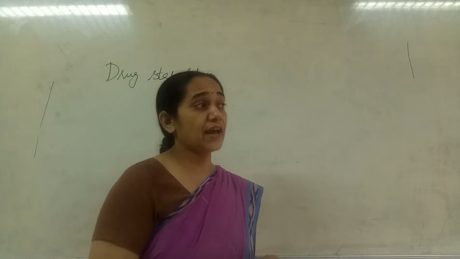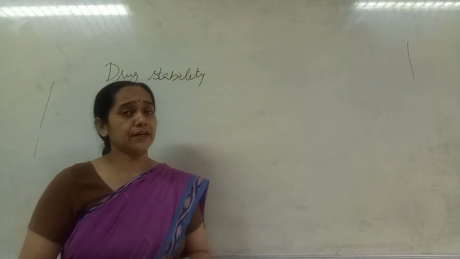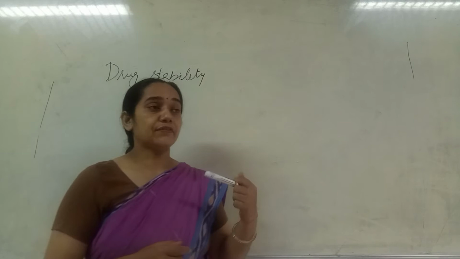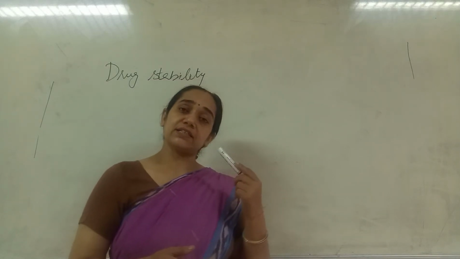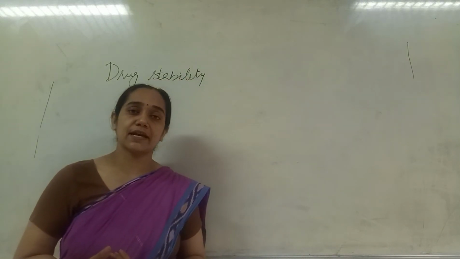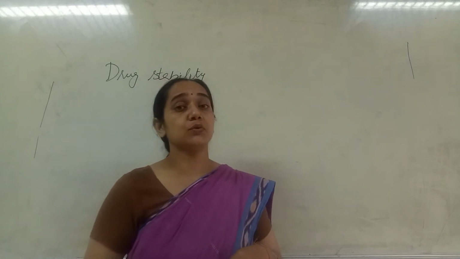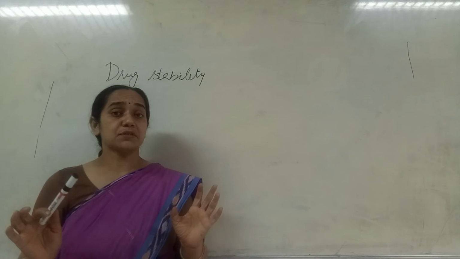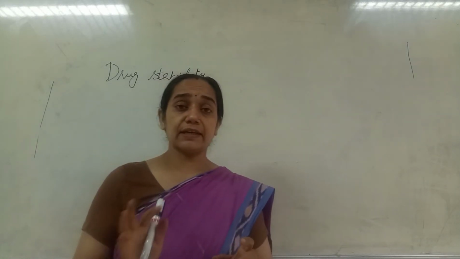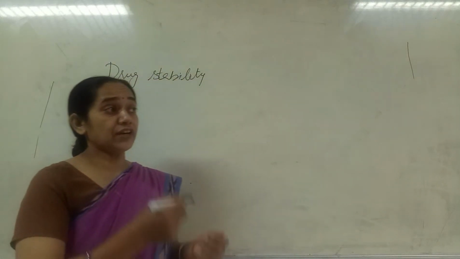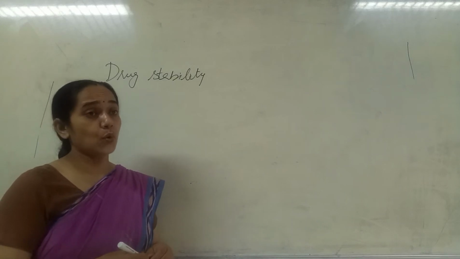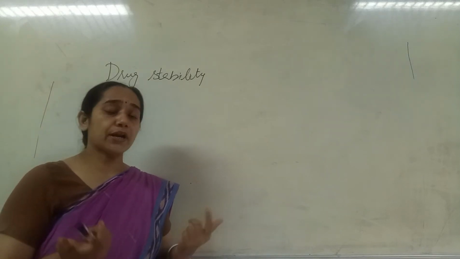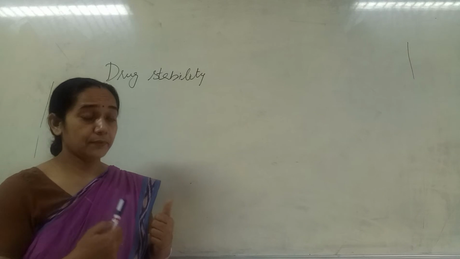For example, if my drug has a stability issue in the stomach, then I will deliver it in the intestine. If it has a stability issue in the small intestine also, then I will deliver it into the large intestine, because in the large intestine no digestive enzymes are present, only healthy bacteria. If it is delivered into the colon area, it can be absorbed and we can have the effect.